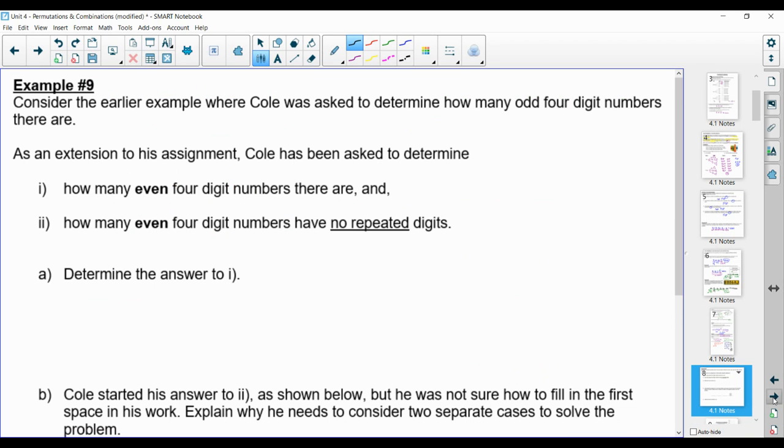All right, we're going to look at one more example, and this is a bit of an extension. Earlier, we were given a question where Cole was asked to determine how many 4-digit odd numbers there were. But when we're dealing with evens, we've got a little bit of a twist. So as an extension, Cole's been asked to determine how many even 4-digit numbers there are and how many even 4-digit numbers there are with no repeated digits. So we're going to start with the first one. Even 4-digit numbers there are